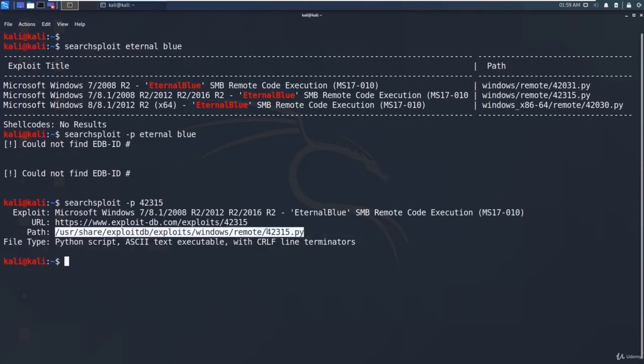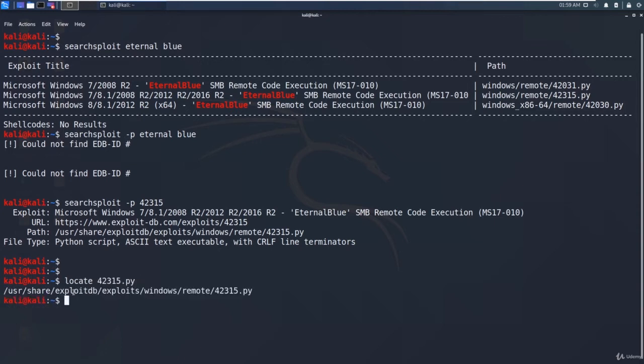Another way you can find this is to simply say locate, and you will get the exact path of this file. You can also say cp, then a dollar symbol, and locate 42315.py. What the dollar symbol does is it executes this command and puts the output here.